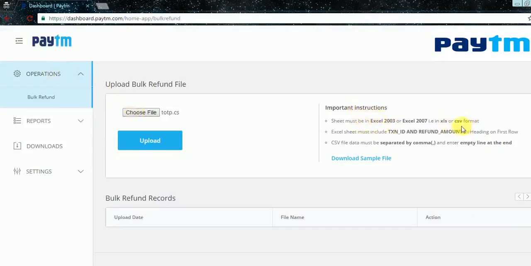Sheet must be in XLS or .csv format. Excel sheet must include transaction ID plus the refund amount as the headers. CSV file data must be separated by comma and enter empty line at the end. So these are the mandatory instructions to be considered before uploading a bulk refund file. You can download a sample file from here as well.